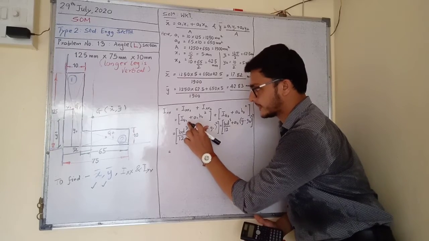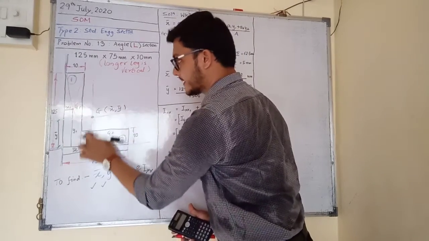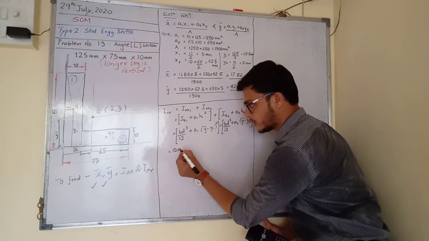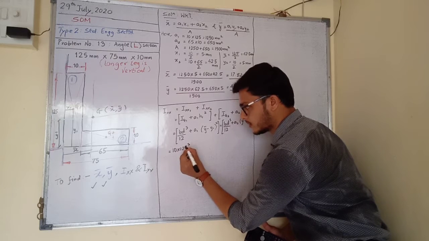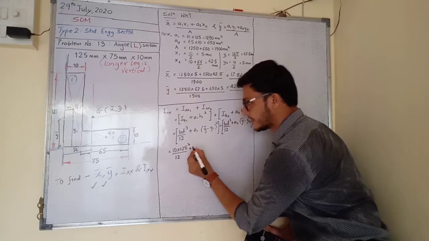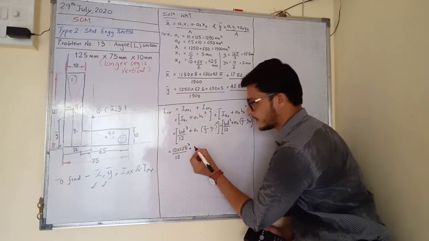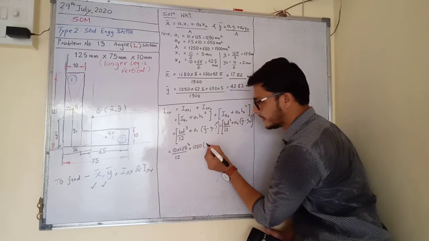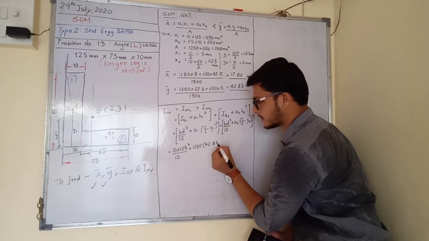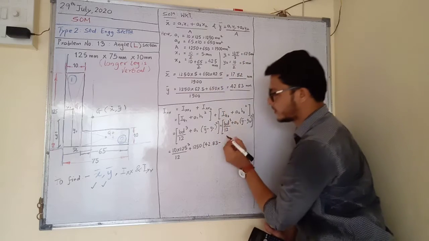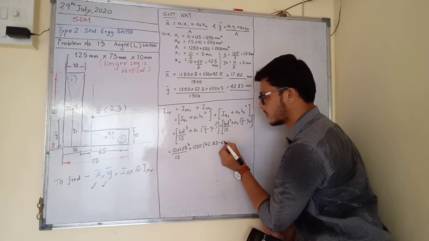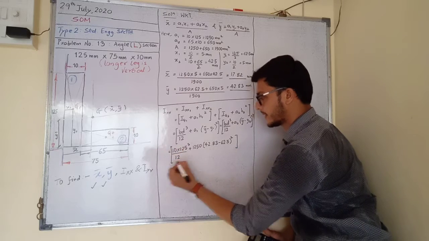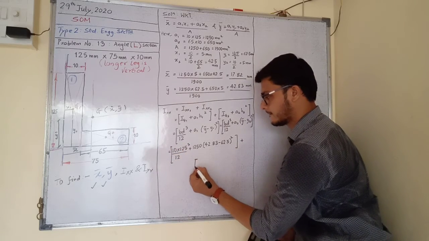So for first rectangle, this is Ig1, first rectangle. Here it is. B is how much? 10 and D is 125. So 10 into 125 cube divided by 12 plus area 1. A1 we have calculated, 1250. Y bar is 42.83 minus Y1, which is 62.5, the whole square. This is first square bracket, plus sign, then second square bracket I am writing